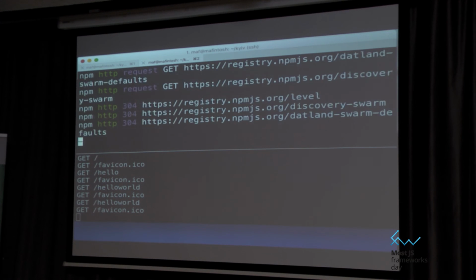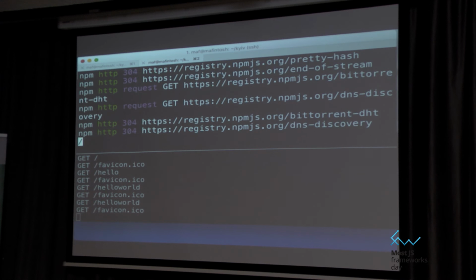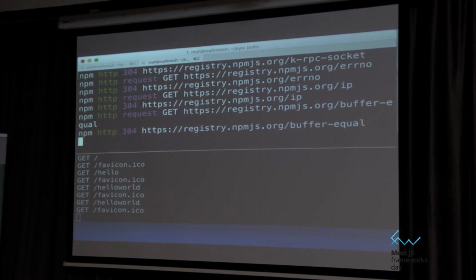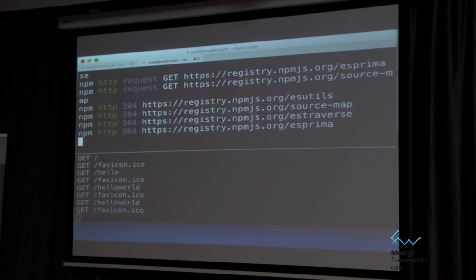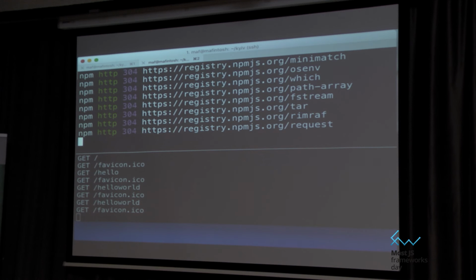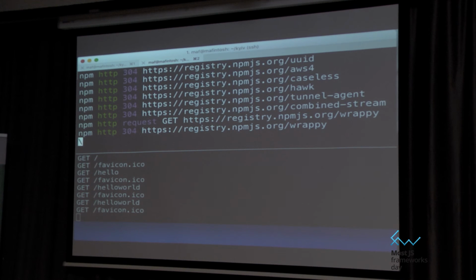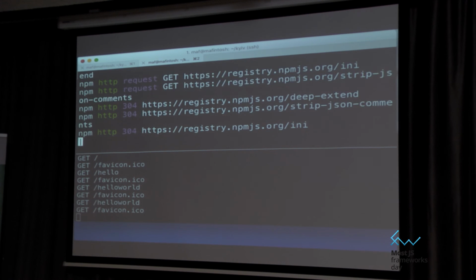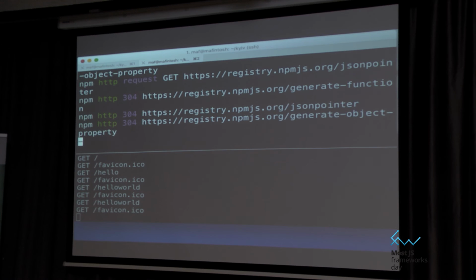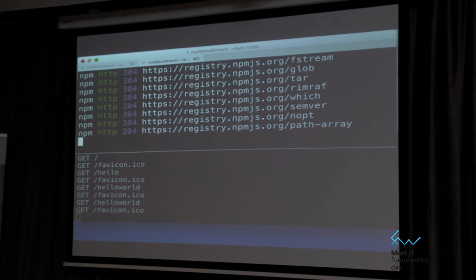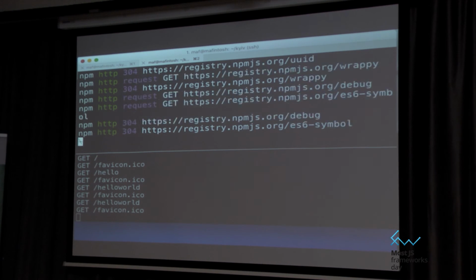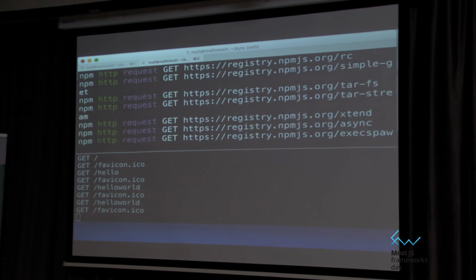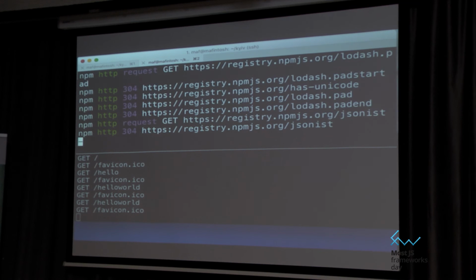Now we just need to wait 10 minutes. You can see all the cool stuff it's installing, like there's some BitTorrent stuff there, IP, buffer equals. I don't know what this is, probably fine. There's some tar stuff in there, who knows what that does. This is what I like about writing Node in general, because you get all these breaks. You know that old thing, like, can't work, my code is compiling. Ours is like, can't work, I'm installing stuff from the internet.